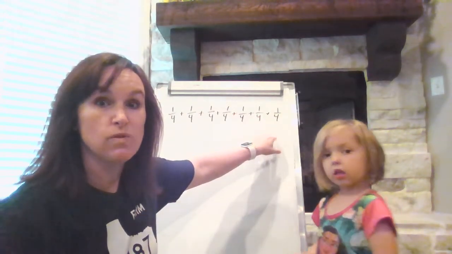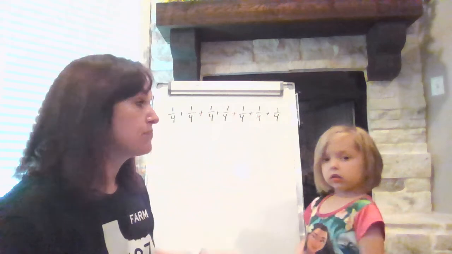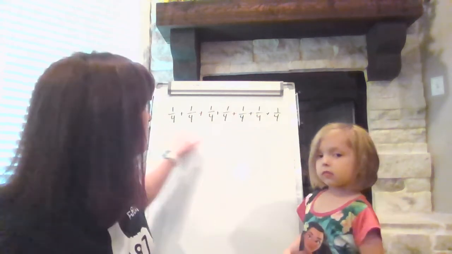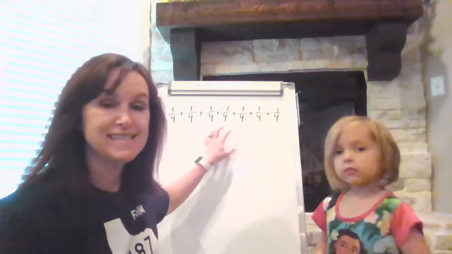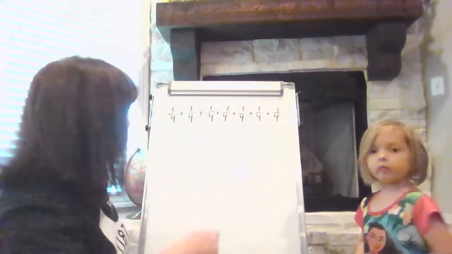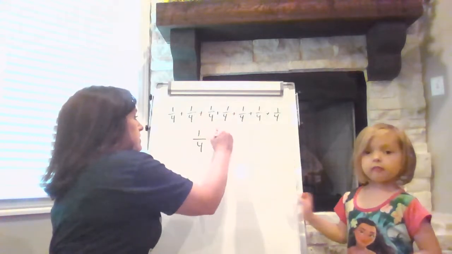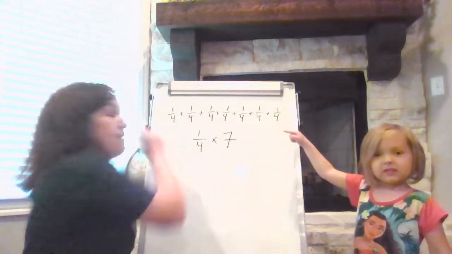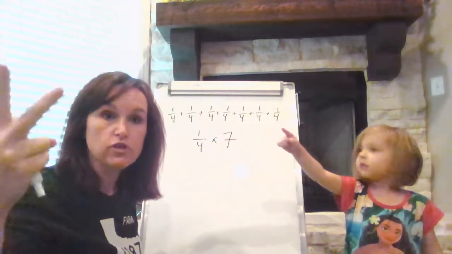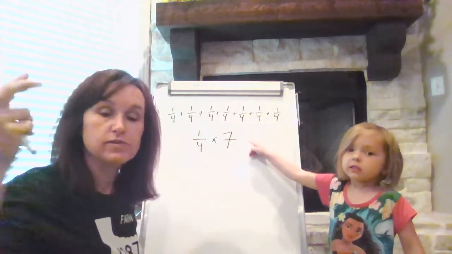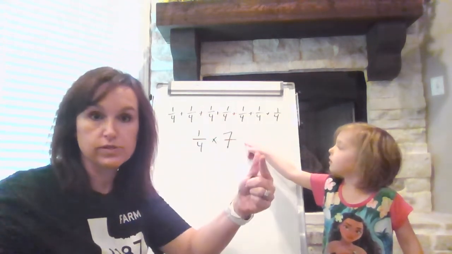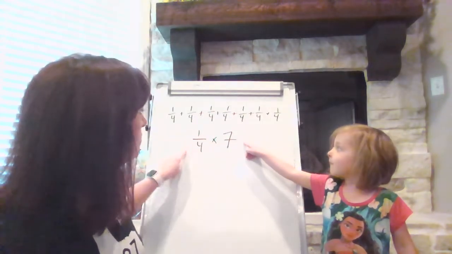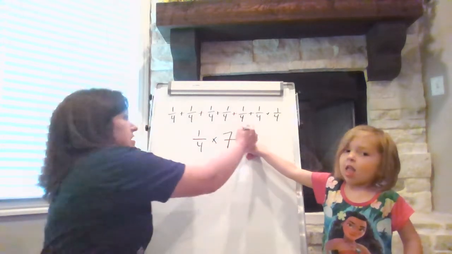So 7 times 1/4 plus 1/4 plus 1/4. We know that multiplication is repeated addition. So this was really long. I can condense this, make it smaller, and just write 1/4 times 7. All right? So if I were to add this, I would have 1/4, 2/4, 3/4, 4/4, 5/4, 6/4, 7/4. Right? Now, we know that 1/4 times 7, we already know the answer is going to be